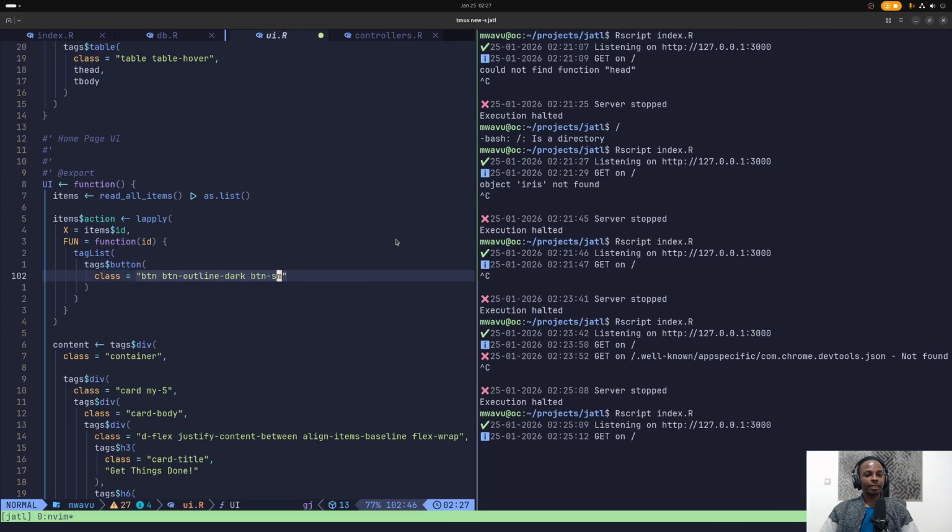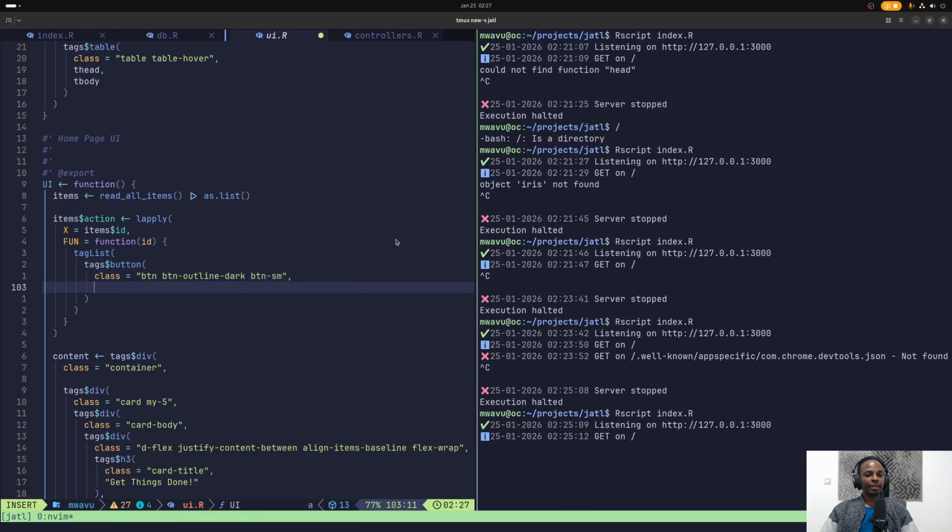And then the label is supposed to be edit in this case, but instead of the label, let's just go with the label. So it's going to have a label of edit,